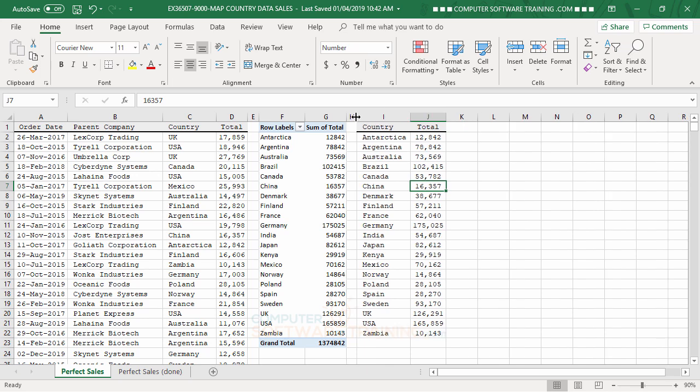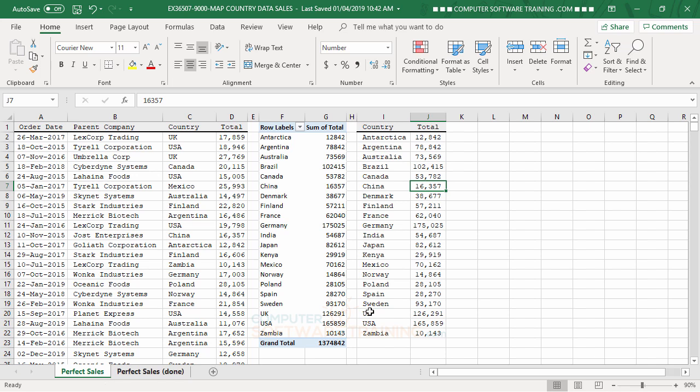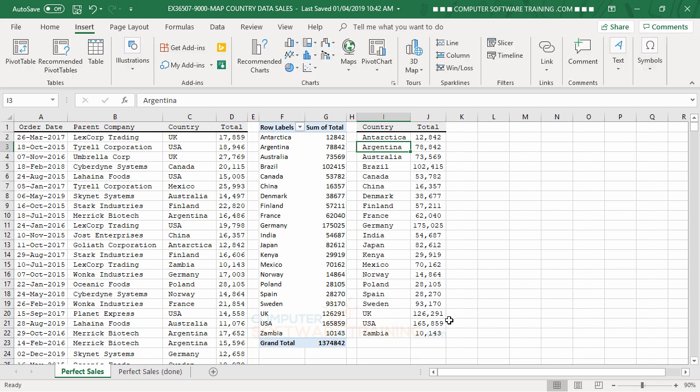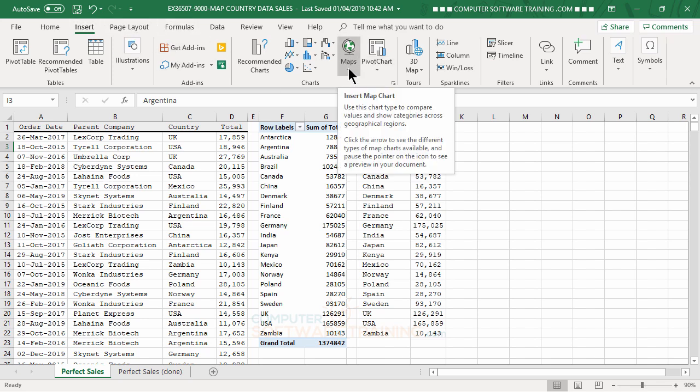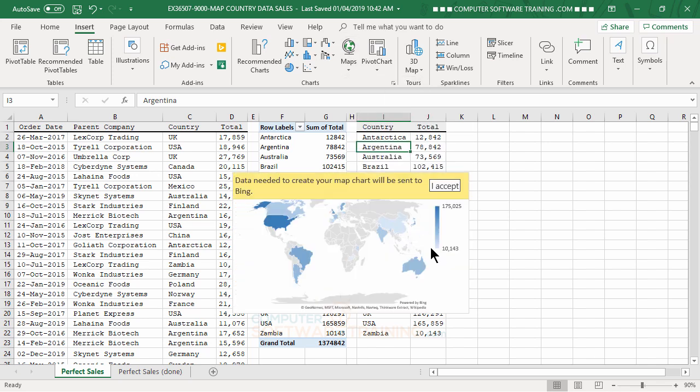So I'll bring this in a little bit. So now this is looking very much like what we have here. Here was our pivot, and that's what we had created from it. All right, so not bad. So now what we need to do is we need to make this map. So what we'll do is we just click anywhere in the data. We go over into the Insert tab, go over here to Maps, click onto that, and then just click on this right here. And when you do that, it'll make you accept this big data that we got. So we'll click on to accept,